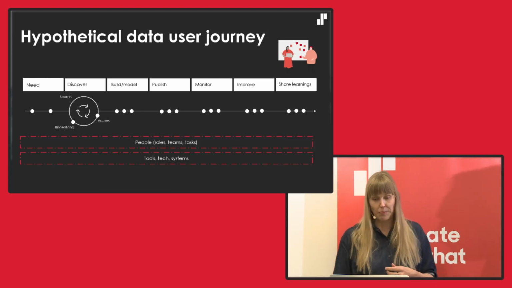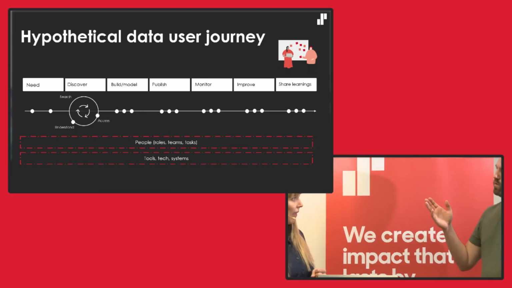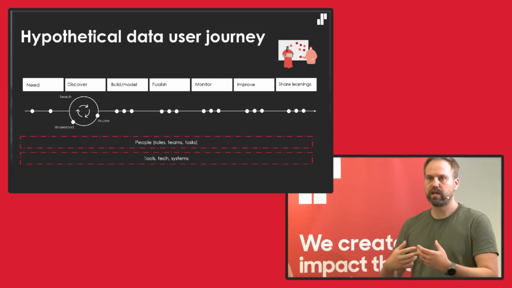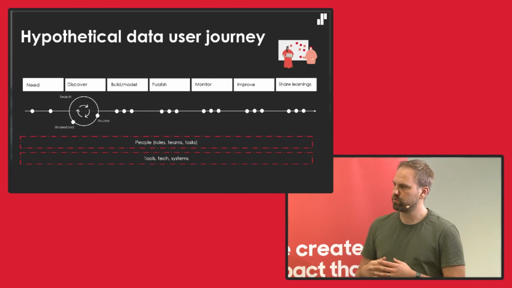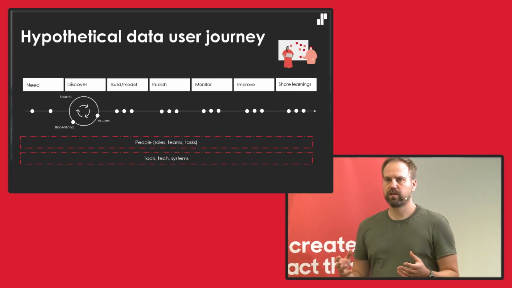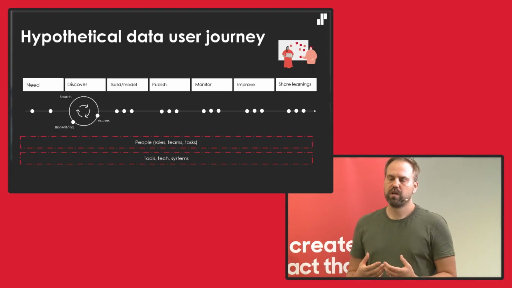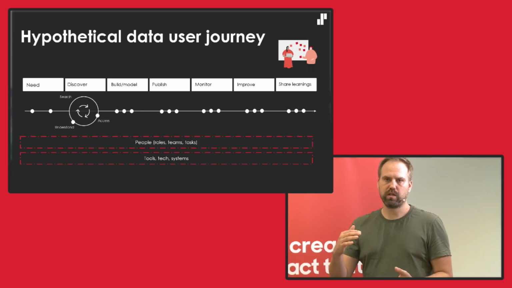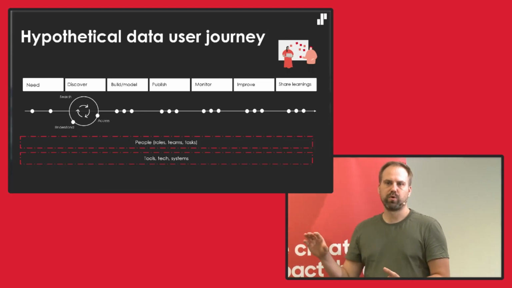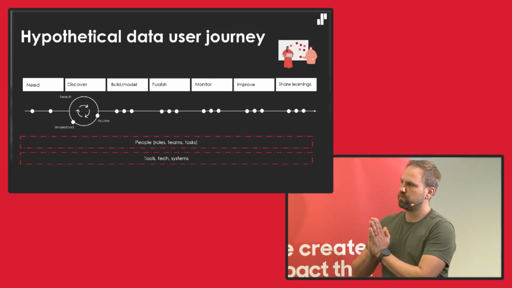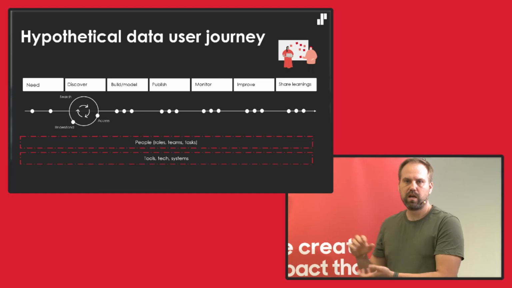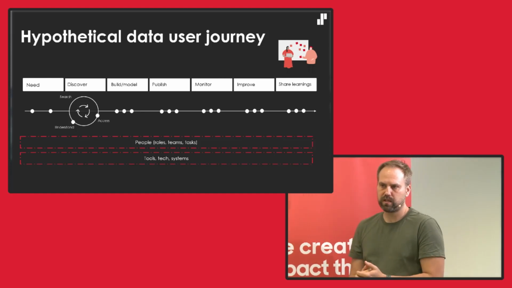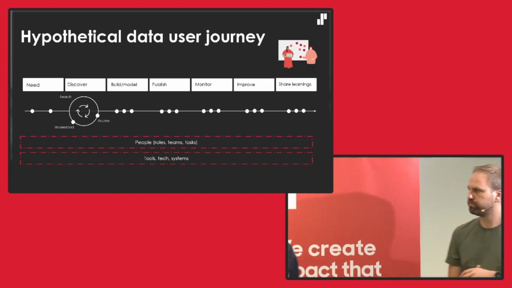I could add that you have the hypothetical user journey, so that's what we are after, the vision state. But when it comes to the technical systems, the platform, we don't have to start from scratch. We can also have, and we should have, a hypothetical architecture blueprint, which is the visionary state from the technical perspective. But it doesn't mean that we build it and then start using it. I'll go a bit later into how we can do that progressively. So we have the social side and the technical side from a visionary perspective, and then we start diving into it.